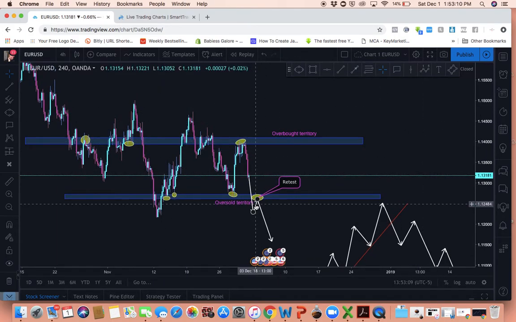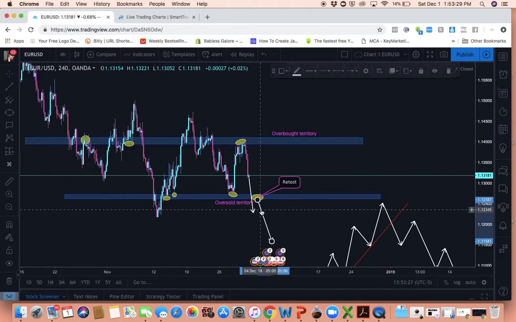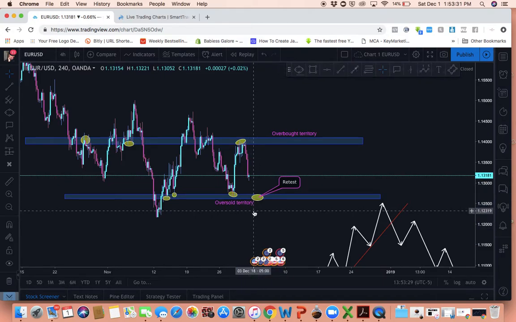Okay, so the market comes down here and you automatically assume that it's going to buy because it is in an oversold territory, but you have to wait for that retest. So you're either waiting to see if it's going to break structure, retest here and drop, or you're going to wait to see if it is going to go back up. And the way,